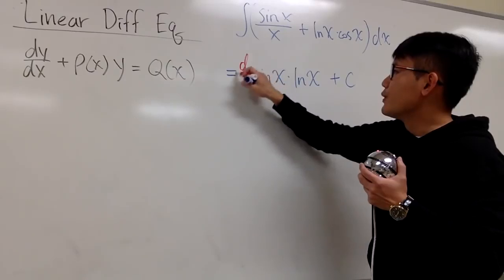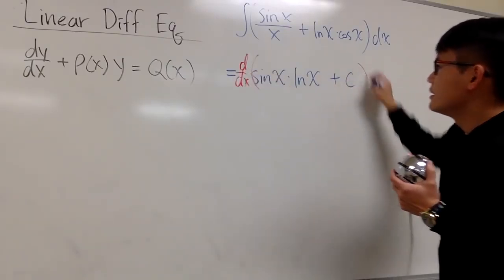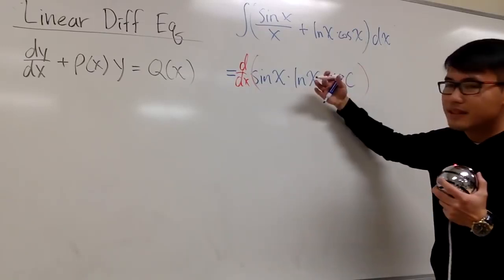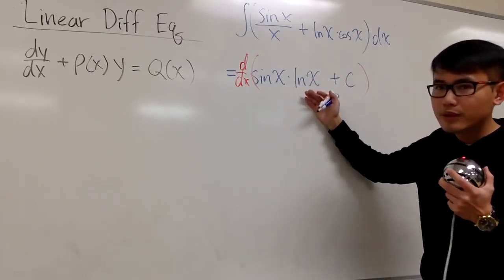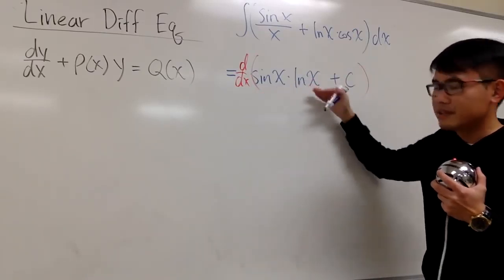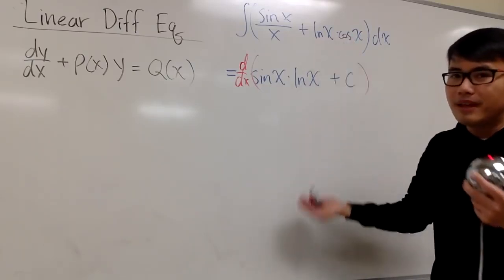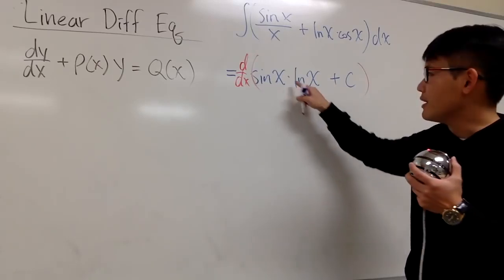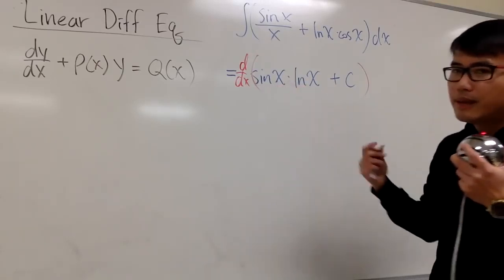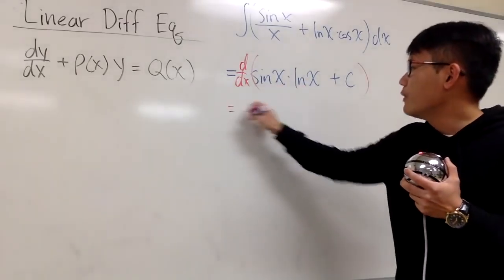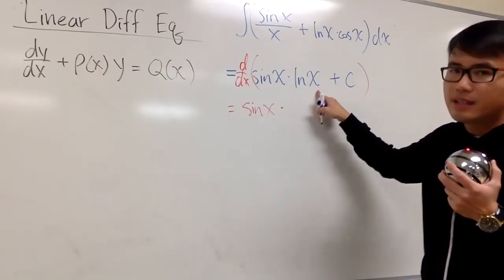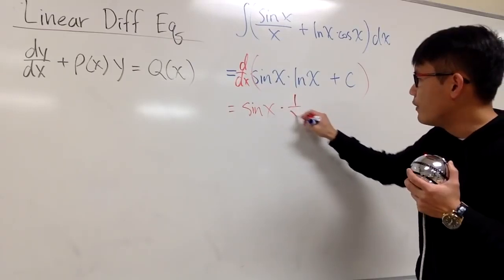And if you just go ahead and differentiate this instead, this is how we do integral and derivative, right? You put down the answer, and if you want to know if this is the right answer or not, you just have to take the derivative of this. If you can get back, that will be the antiderivative. That will be the integral, huh? You have to use the product rule because this is a product of two functions. And the product rule I want to show you is, well, I will keep the first function, which is sine x, and then we multiply by the derivative of the second, which is going to be 1 over x, and then